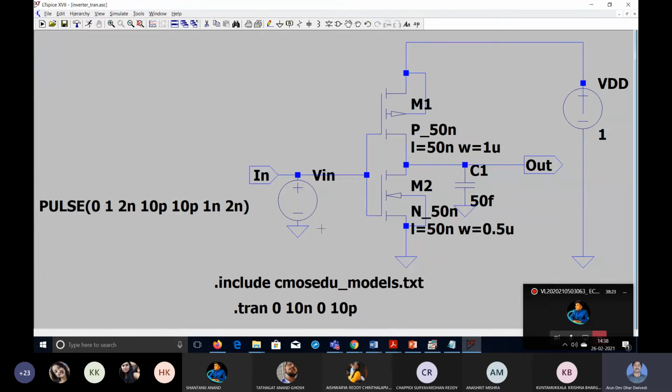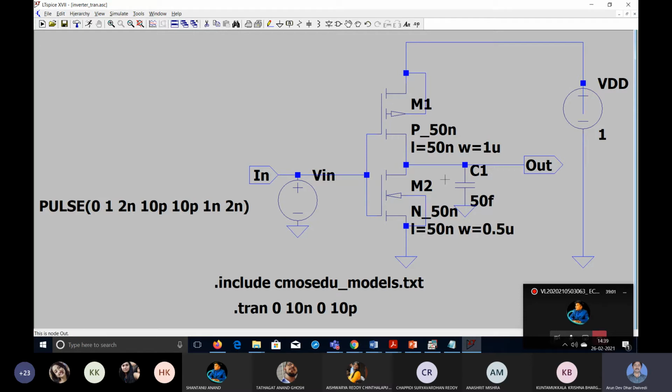All the things are now ready in the circuit, and we can say this is the load. If you change it, then its behavior will change. Delay will change because the transistor has some drain resistance, source resistance, and this external capacitor you have connected as a load. Internally also some capacitances are there, so there is some RC time constant. Accordingly, some delay may be possible because the input voltage is switching very fast, with very fast rise time and fall time, from 0 to 1 volt. Any delay is not visible in the input.